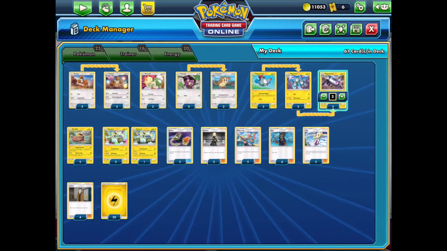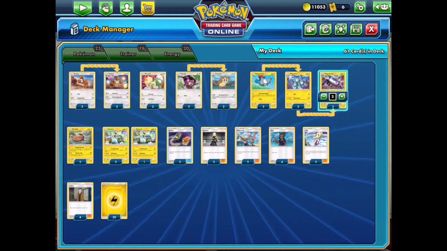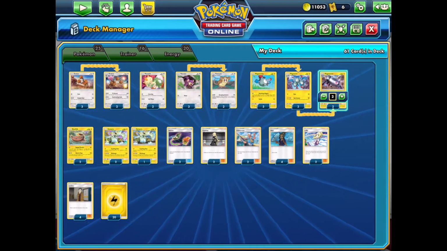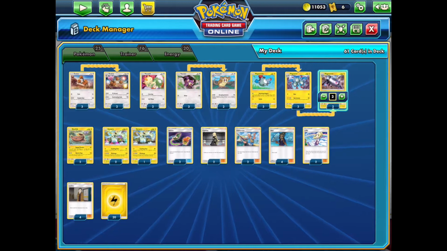So no Quick Ball, no Nest Ball, Ultra Ball, what else is there? Pokemon Communication is a big one in theme format. None of that in this deck, so you're only relying on drawing cards through your supporters, which is a huge downfall for the deck,